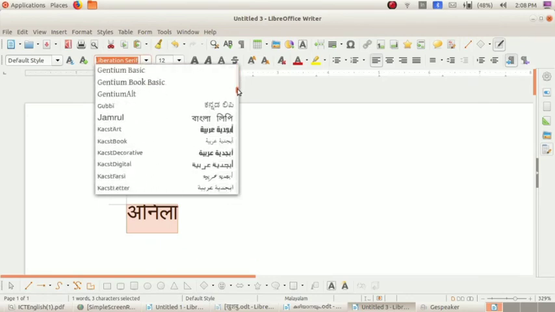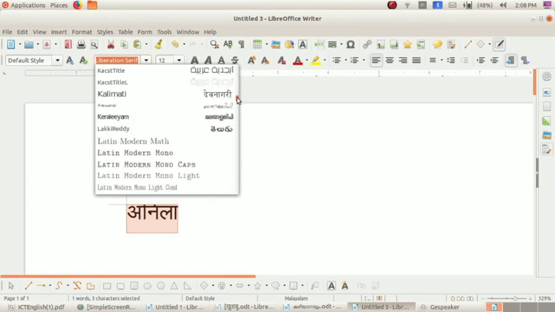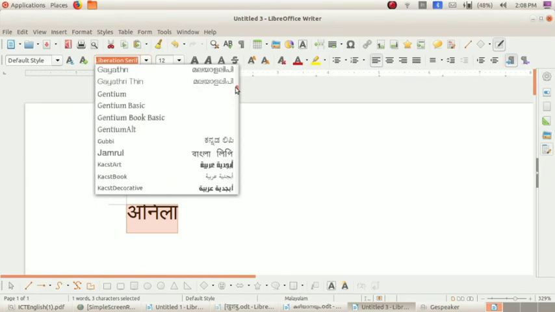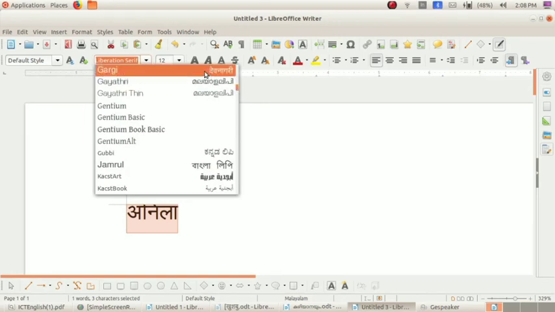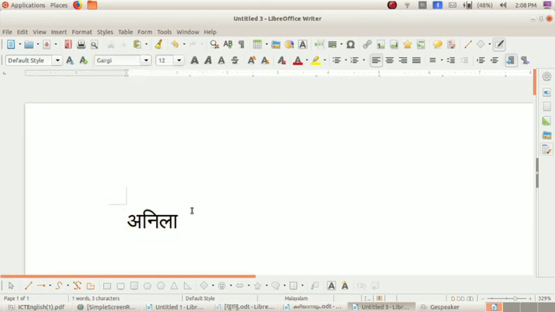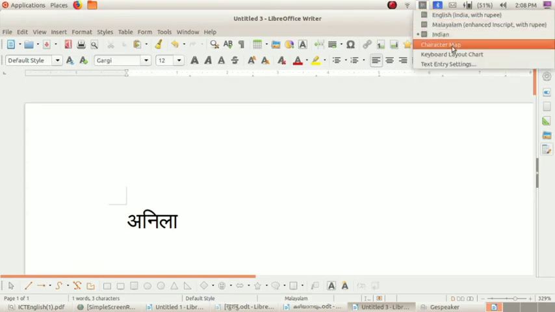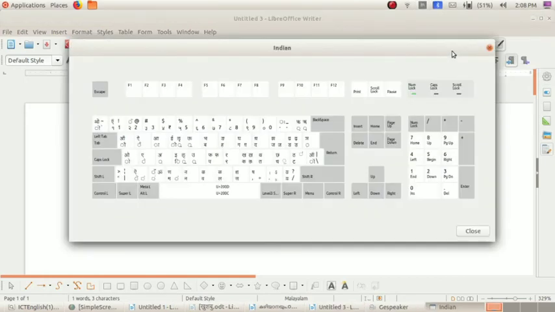I am selecting Gargi. Likewise, you can type your name and anything in the LibreOffice Writer by changing the keyboard indicator into Indian. Here we can see that the same keyboard layout of Malayalam is used for Hindi language.